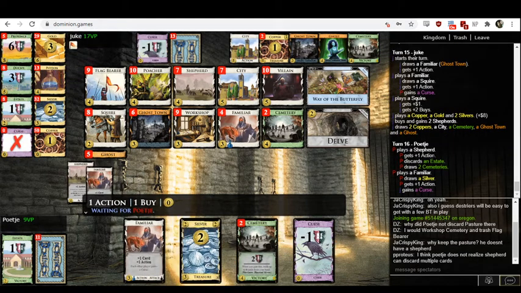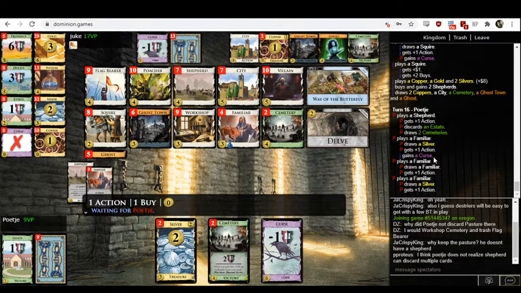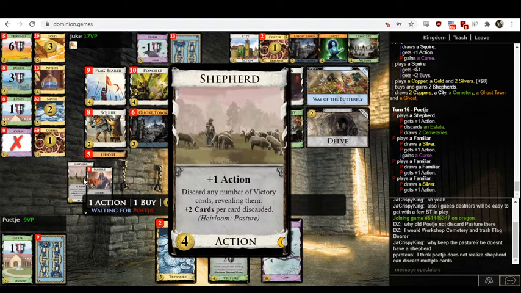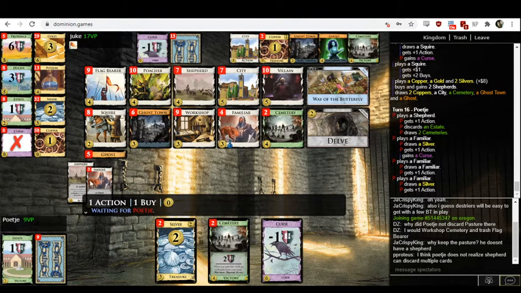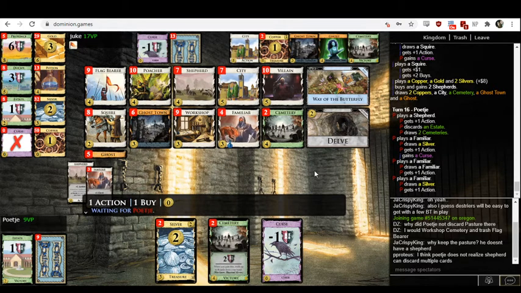Oh no! Oh no! Oh, Proteus has an interesting hypothesis. That would explain a lot, wouldn't it? The text is very clear. Discard any number of victory cards, plus 2 cards per card. I think it's hard to read that any other way. But, yeah, maybe if they thought that you could...